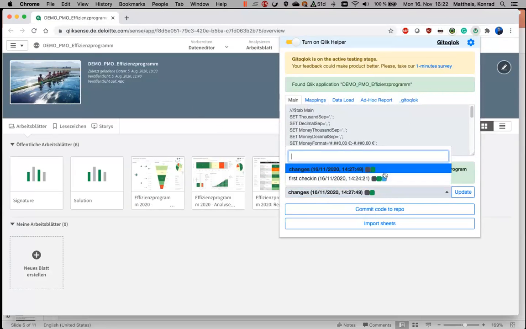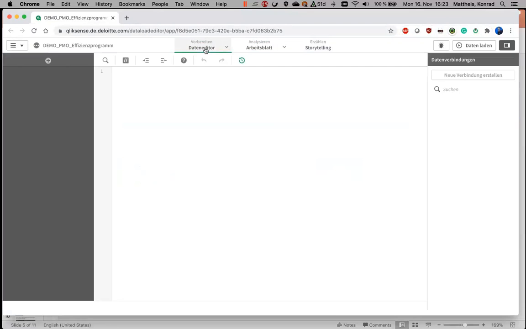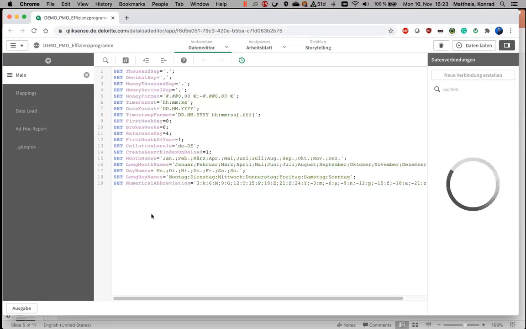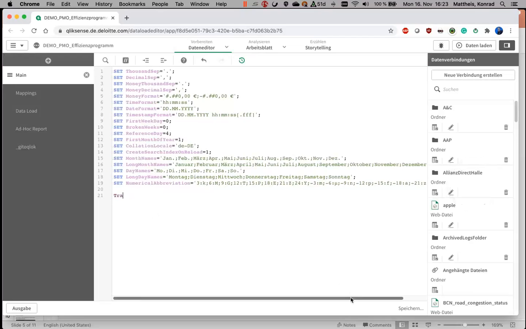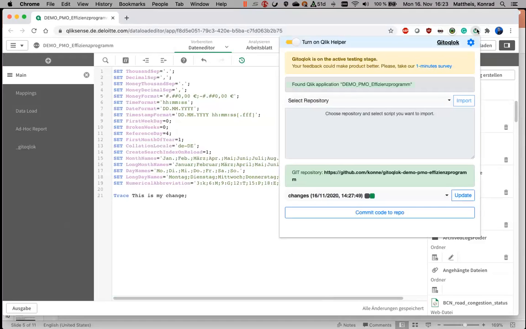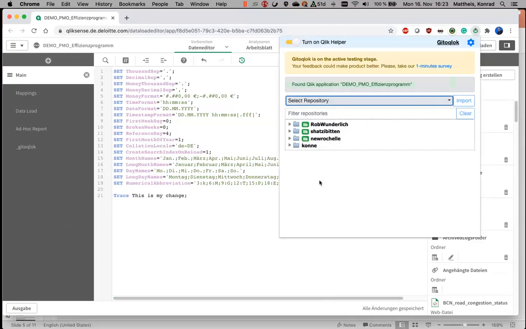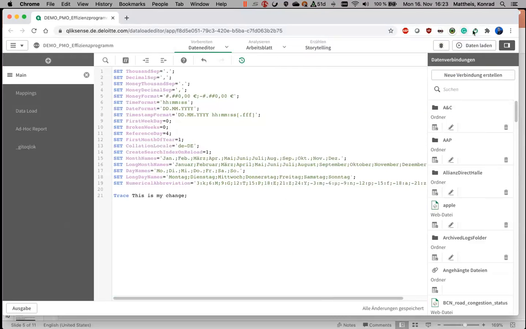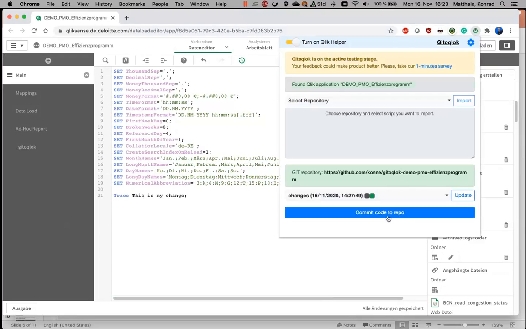The easy way, what I will do now with everybody of you, is that we just make a small script change just to have something simple. So I will go in here and make a change, and then you have it in. And what you can do then is you can say, okay, I don't want to import that. I want to commit code to the repo. So I have made some changes, and I say,